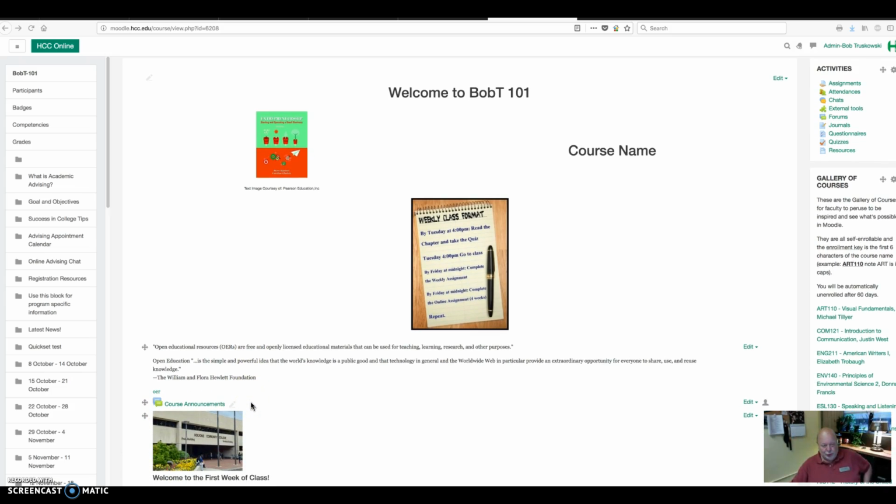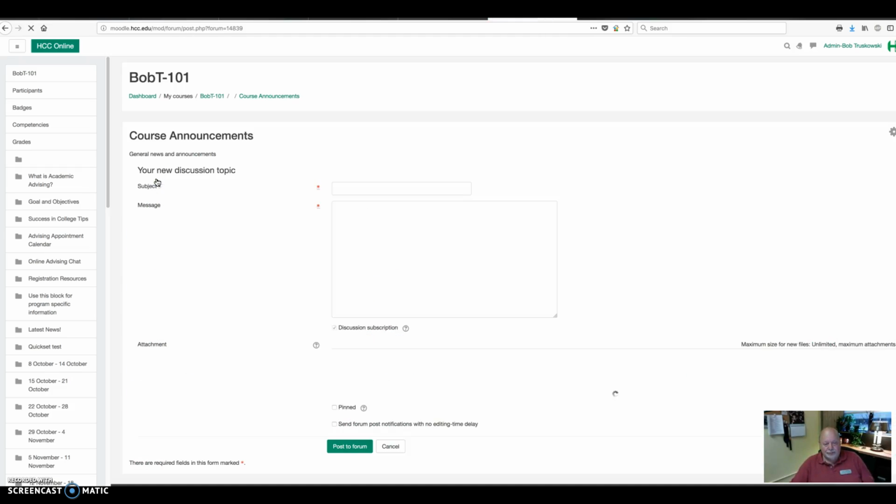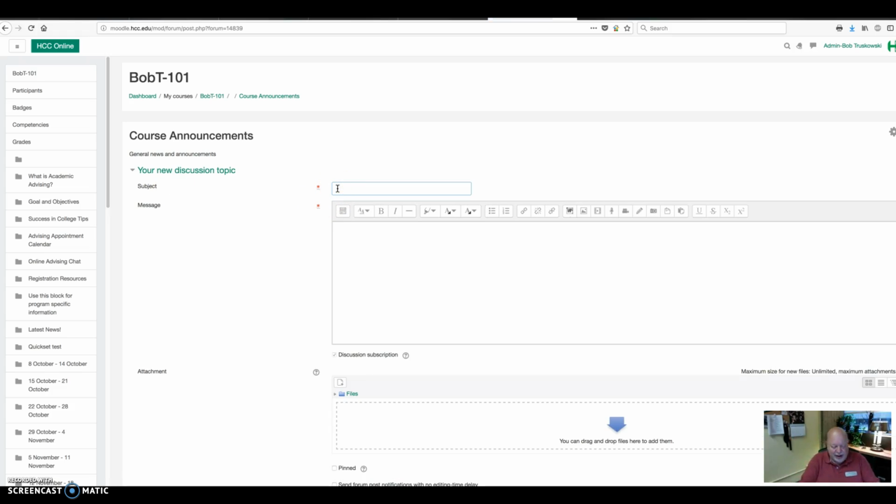Okay, so once you have that video URL in memory on your computer, you would then go into the forum. I'm going to click on mine, which says course announcements, but pretend that's the share your design forum. So you click on that forum, and then you're going to add a new topic. You're going to give it a name of welcome to the course